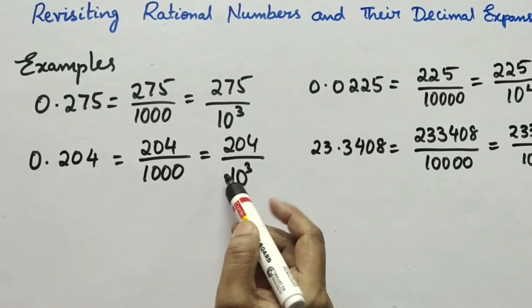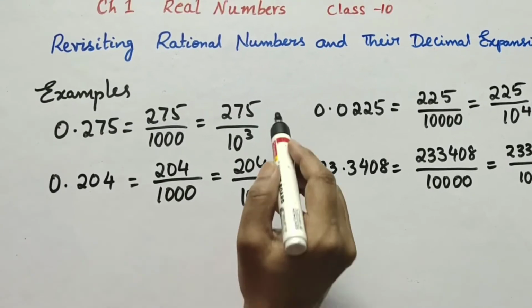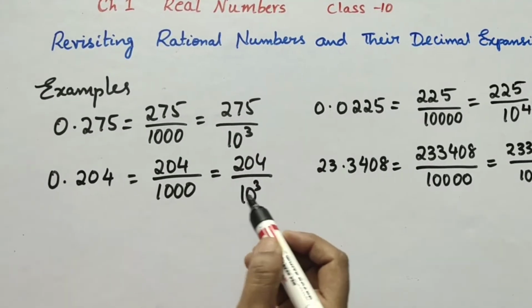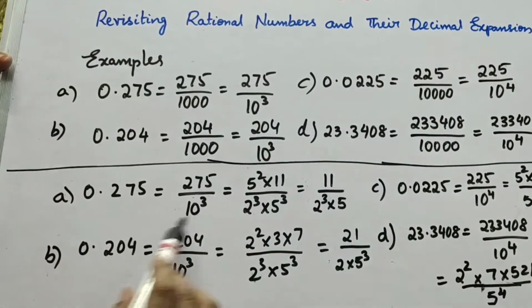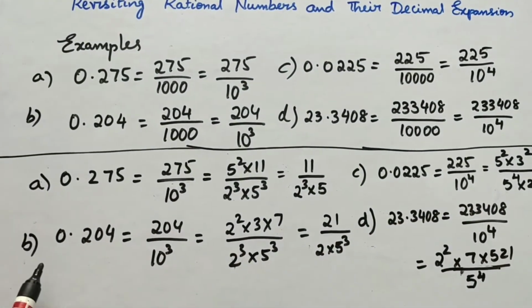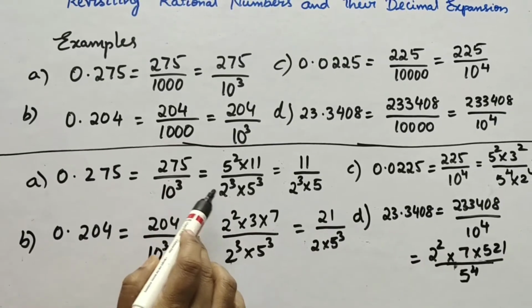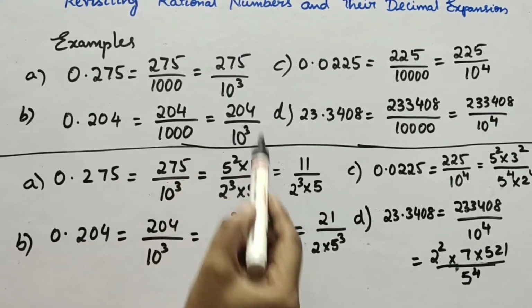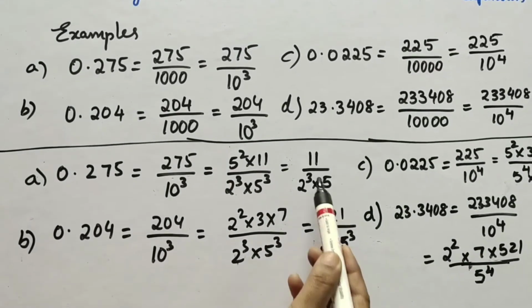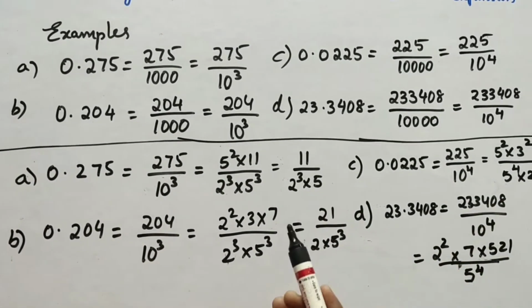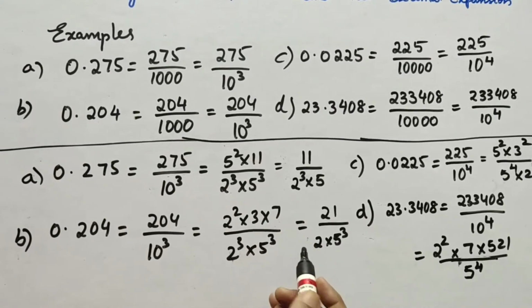So let us try and cancel the common factors between the numerator and denominator and check what we are going to get. Yes children, now these examples I converted in this form. Now if you observe, do you observe any pattern here? The 10 cube, I have prime factorized, simplified and wrote the expansions in this form. Now do you observe any pattern?